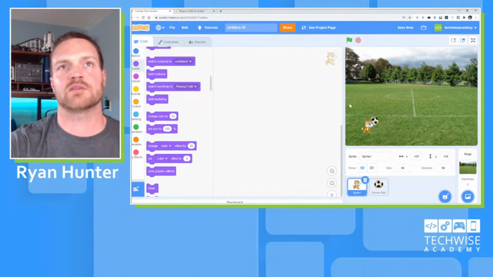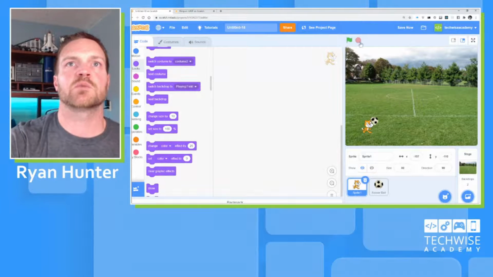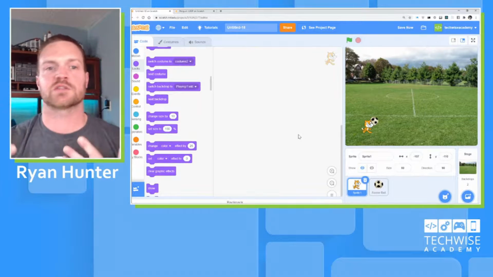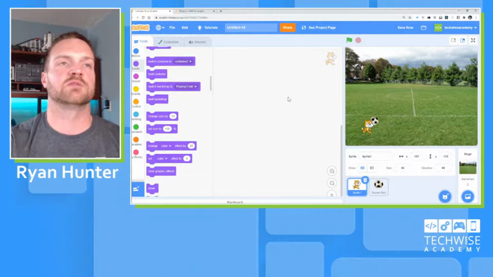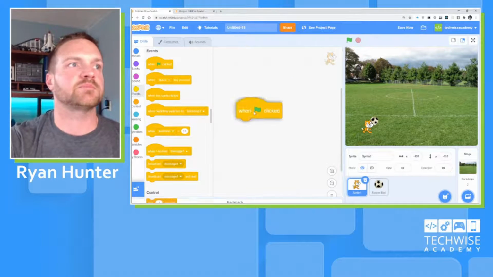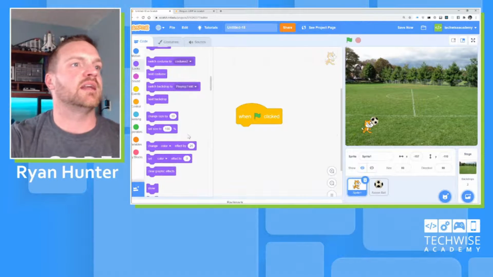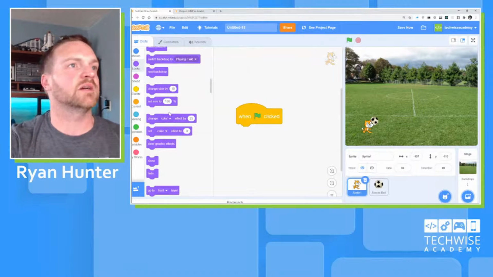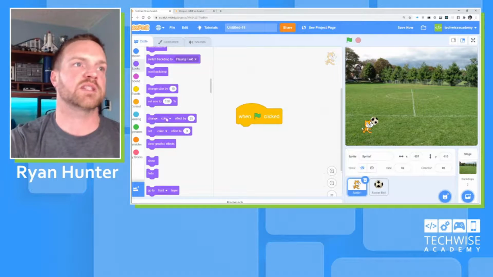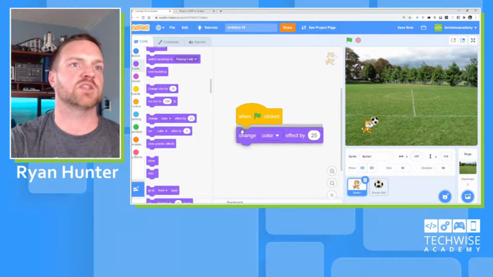All right, now we're going to have some fun with the cat before we talk about how to share your project with us. Some other looks in the game actually make it really cool and fun to try out for your cat. So events, when flag is clicked, jump up. Looks, and if you go down to the bottom of looks, these purple blocks on the left, there's something that says change color effect by 25. But there's all kinds of other effects inside of here. We're going to drag the change color effect over first,